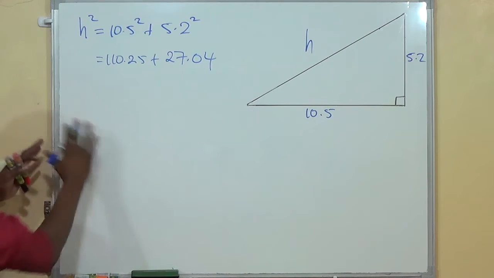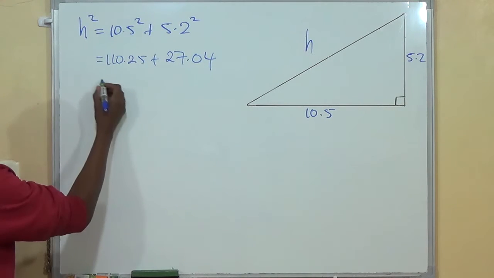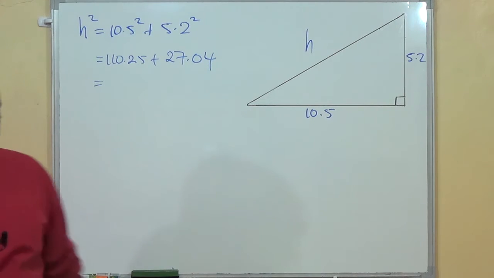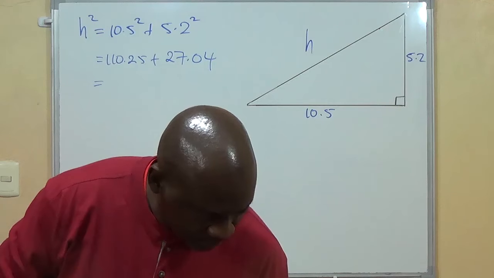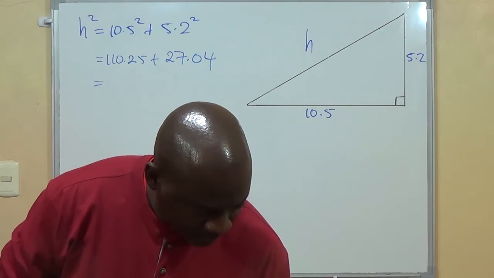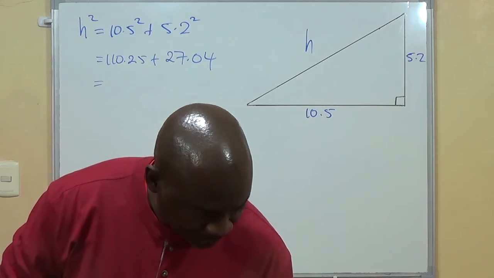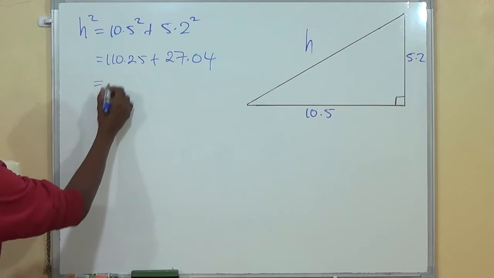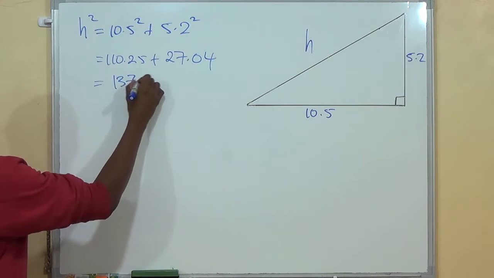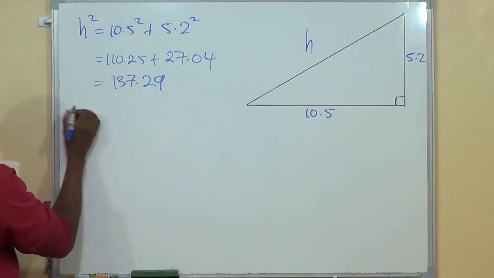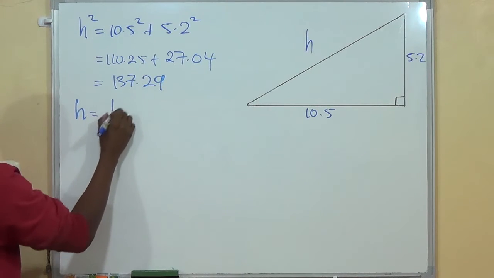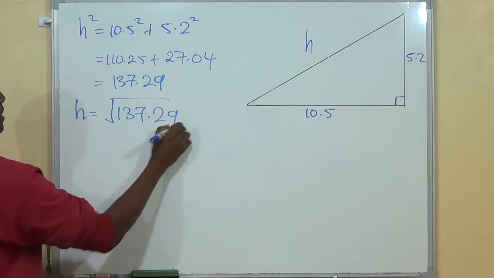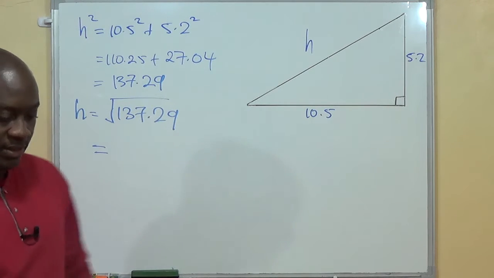So now we just perform the arithmetic as before. You're adding 110.25 plus 27.04, which is 137.29. So the square of the hypotenuse will be 137.29, which means that the hypotenuse would be the square root of 137.29, and that is equal to